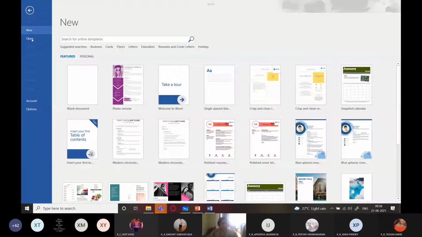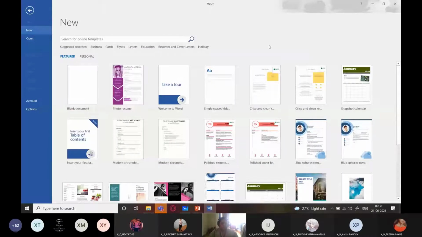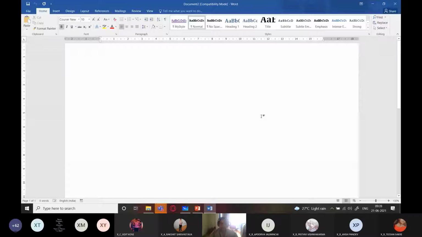So now I'm going to open the template which was already downloaded. Let me see. Okay, let it be. So I want to create a new template now. So what to do? I'll click on this blank document only, because I'll create the template using this blank document. What template should I create? Let's create a biodata template. Okay. So first I will just move forward with typing biodata, right?